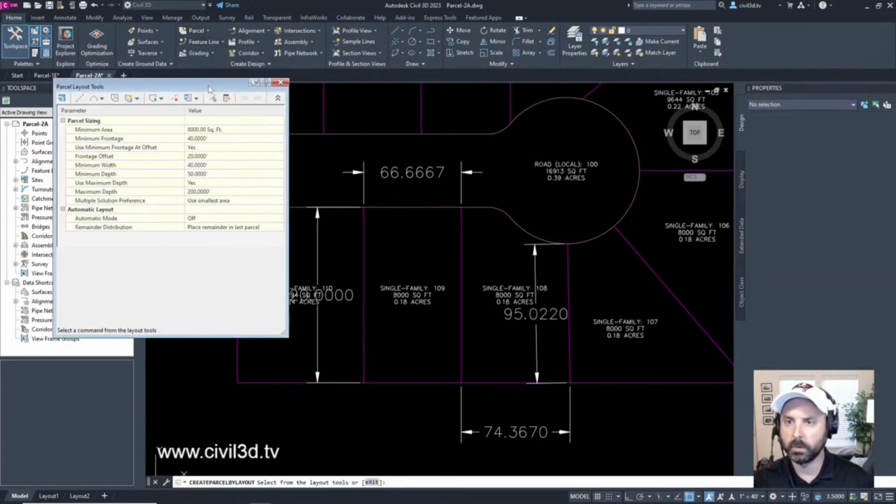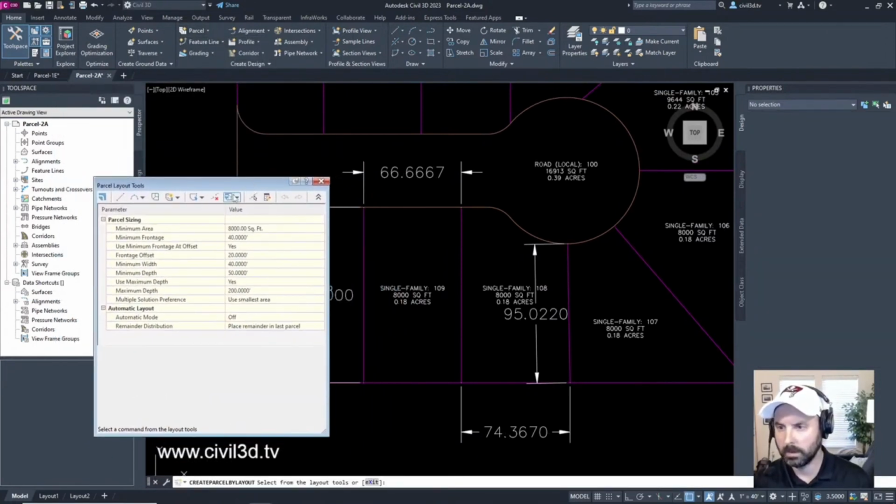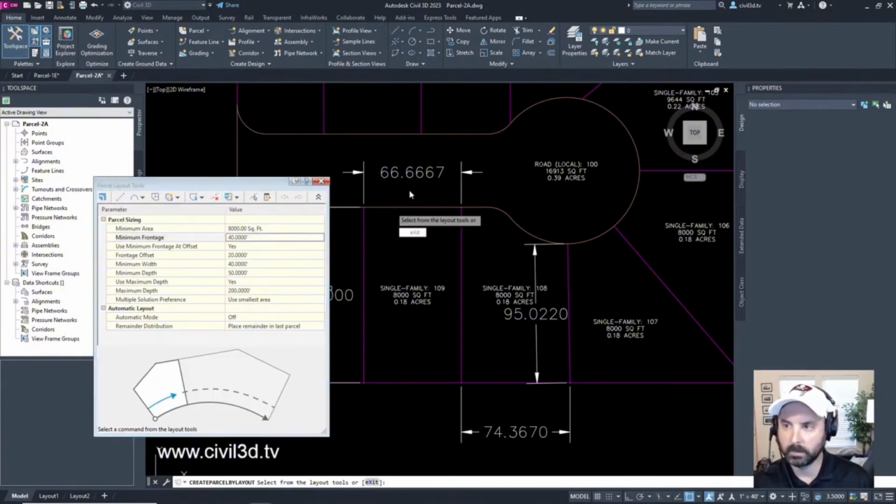Parcel creation tools. Let's see. Okay, we got the 8,000. Minimum frontage is 40. We've got 66, over 66. Frontage offset, don't have to worry about that too much. Minimum width, 40 feet. Okay, we've got that met.